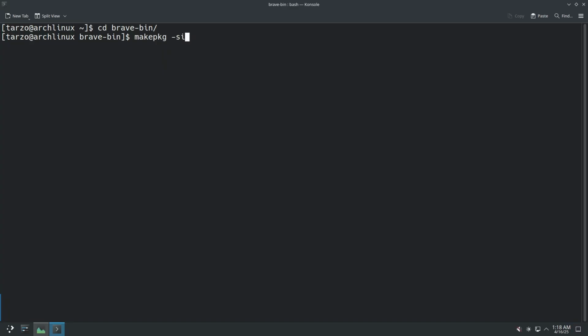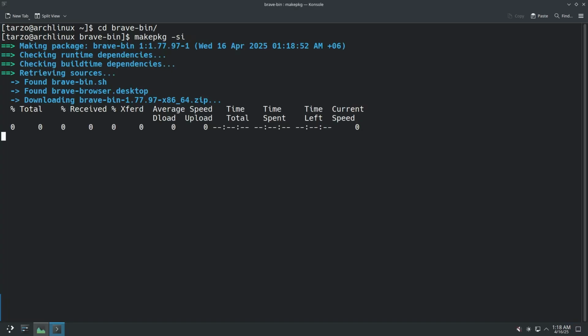This will do the same as the yay install. We're just doing a few extra steps, which yay automatically does for us, so we don't have to. Now, at this point, Brave is